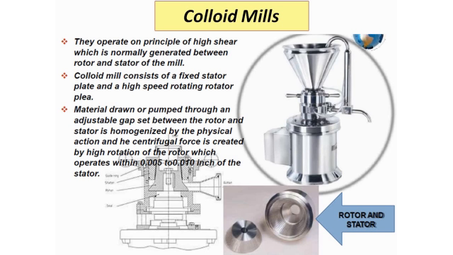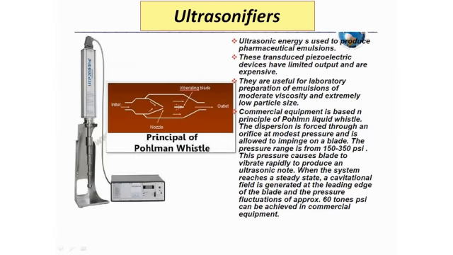So by rotation of the rotor, which operates within 0.005 to 0.01 inch of the stator, you just see the gap. When it is placed here, the gap will be small, and within this gap the emulsion will be kept, just to reduce the size of the droplet. So this is a colloid mill. Clear? The next one is your